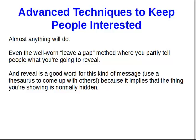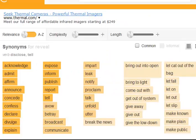Almost anything will do, from the well-worn leave a gap method, so discover how underscore can do whatever, where you partly tell people what you're going to reveal. And reveal, that's a good word for this kind of message. Use a thesaurus to come up with other good words, because reveal implies that the thing you're showing is normally hidden. So there we are, we've got